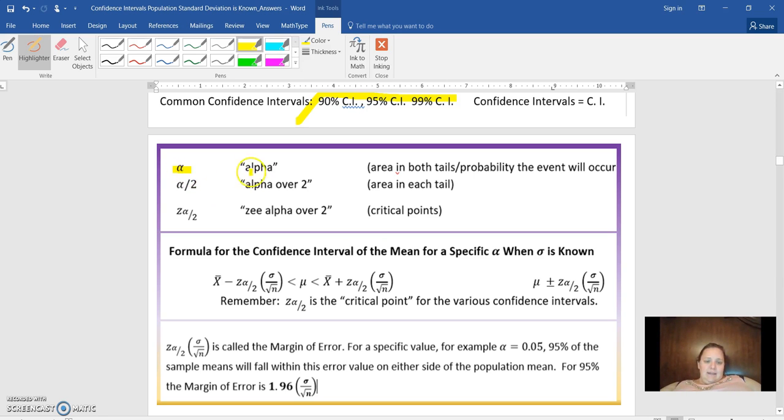All right, so you're going to see this thing. That one's called alpha, right there. Then we have alpha over 2. It's this whole thing. And then we have z alpha over 2, with the z now. Alpha means area. Alpha over 2, so